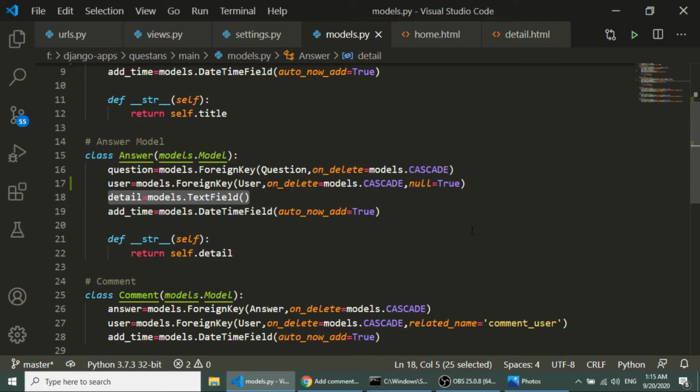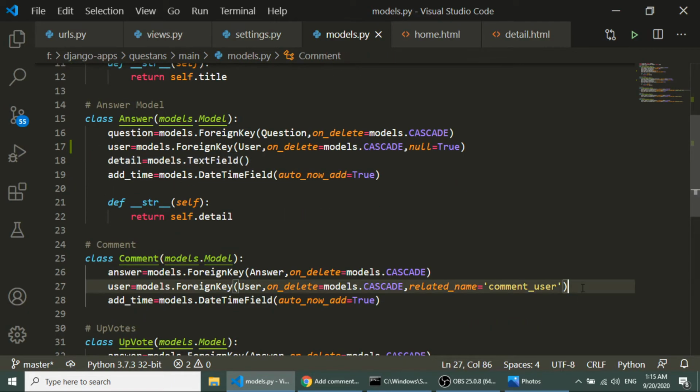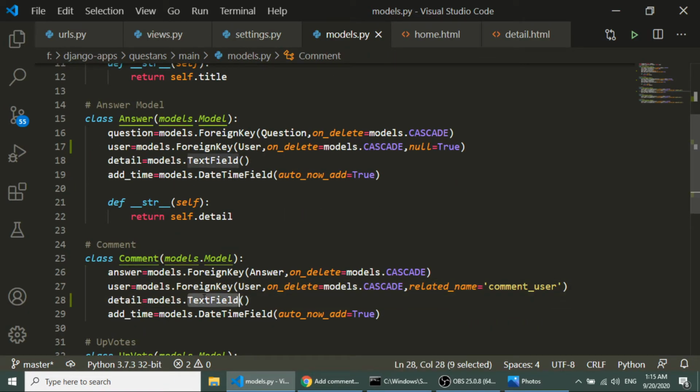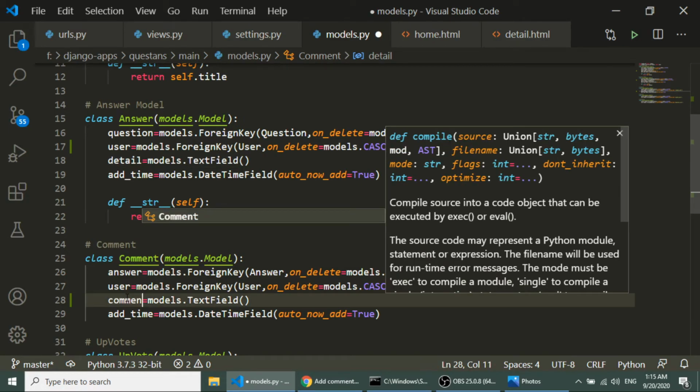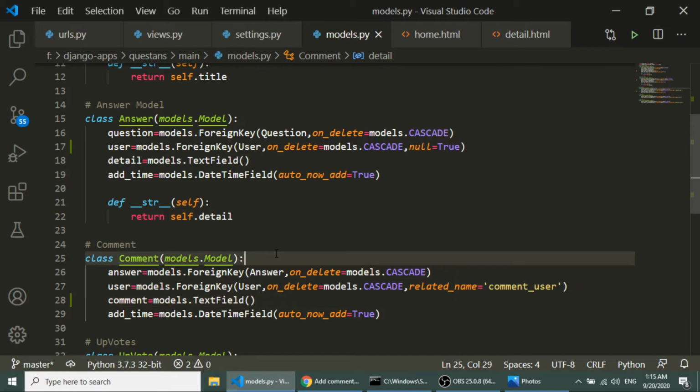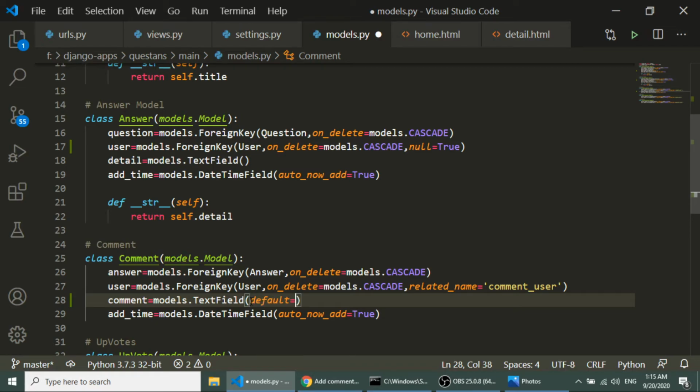Copy this detail and show here detail, and add the detail page in the detail comment. Okay, so now it is comment. Now we need to define the default. So I will define default equal to,